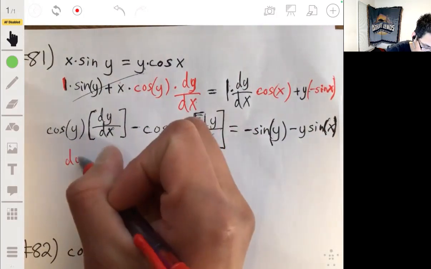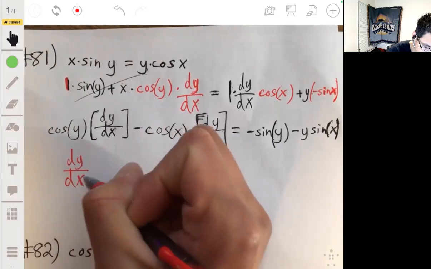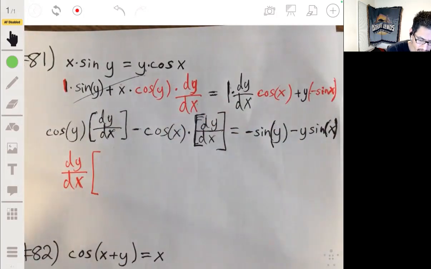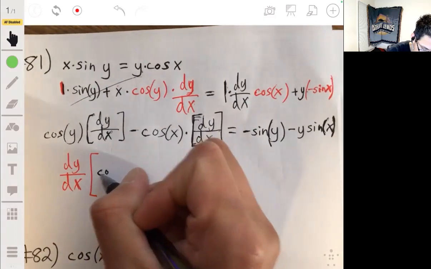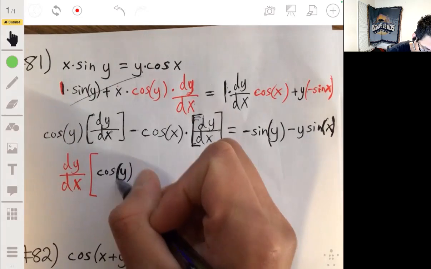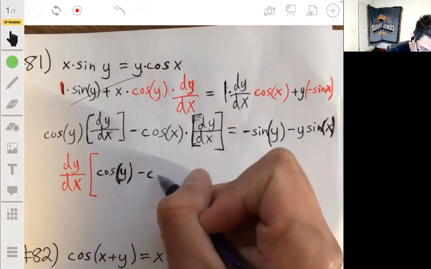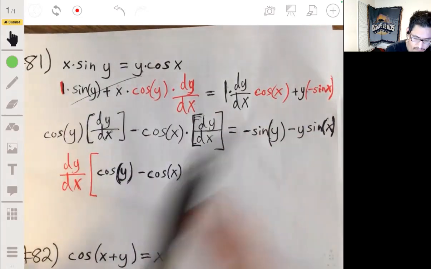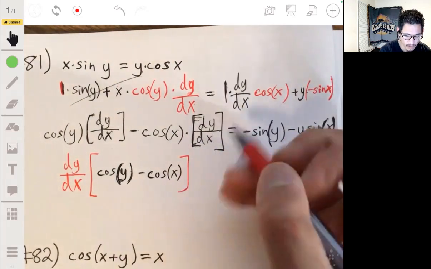So we're going to have dy dx multiplied by the cosine of y minus the cosine of x on the left,